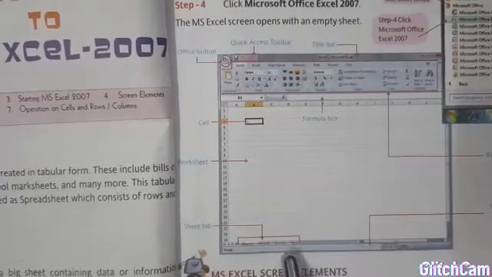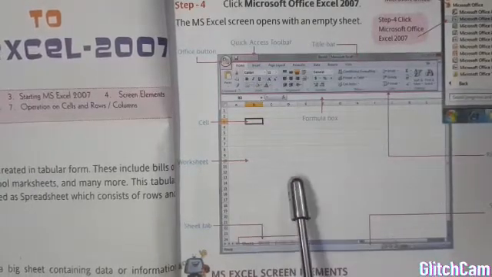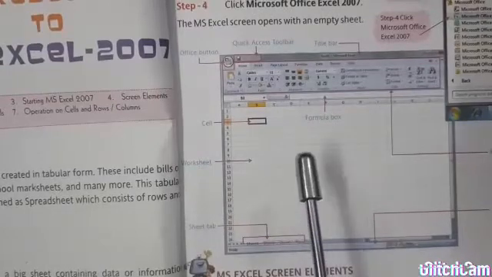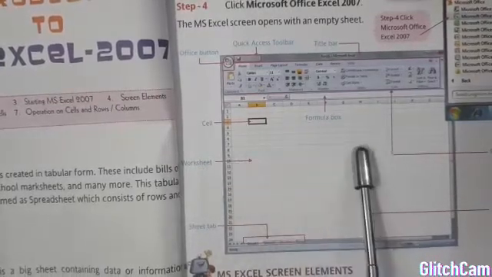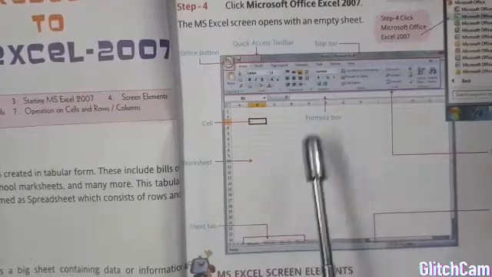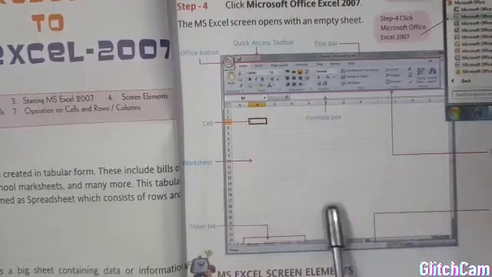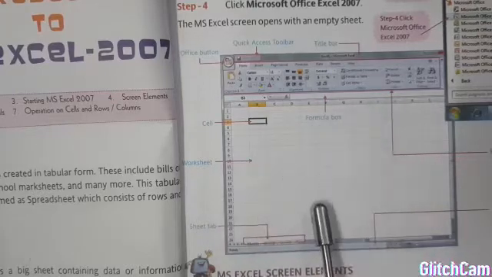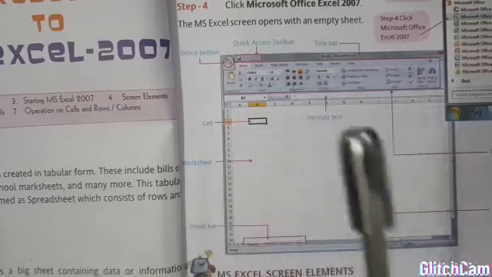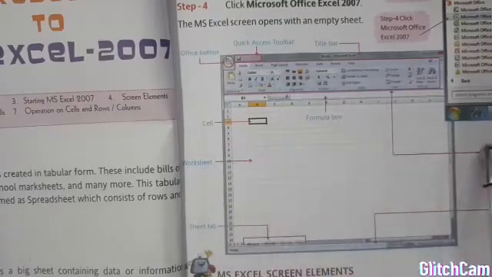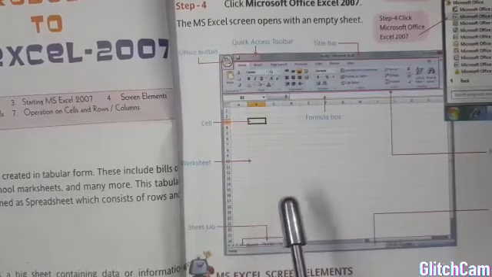A worksheet is just like a spreadsheet or a digital sheet. So this spreadsheet consists of rows and columns. A spreadsheet or a worksheet, both are the same. A big sheet containing data or information presented in a tabular format consisting of rows and columns is known as a worksheet.